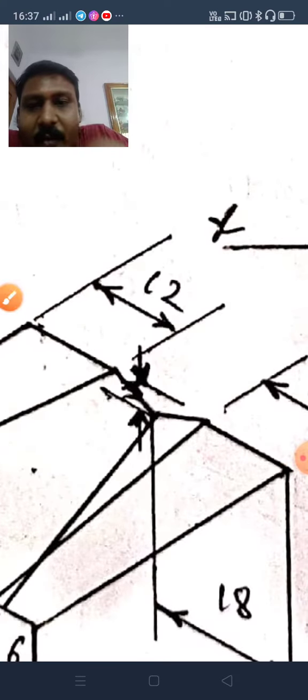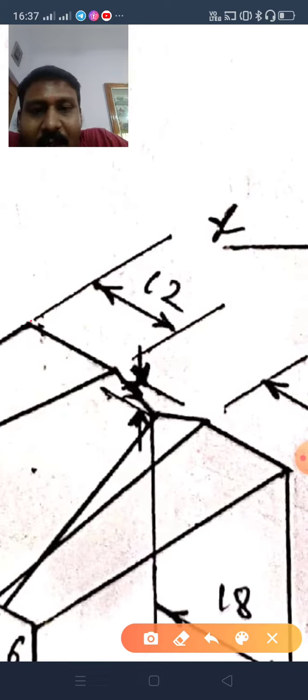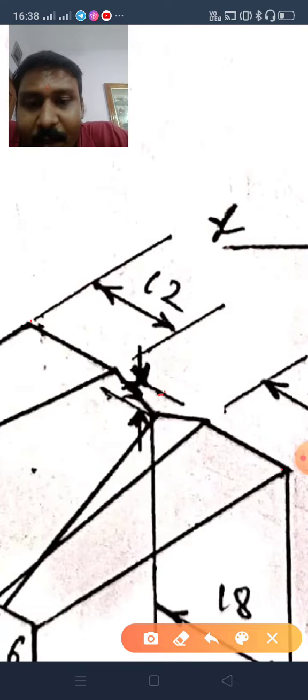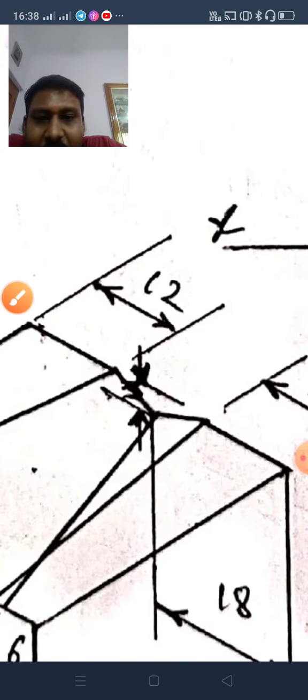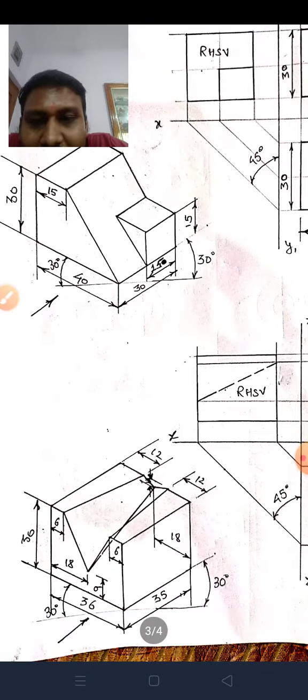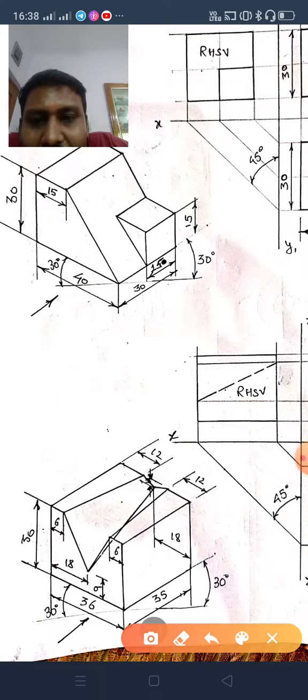Now what you have to do, see, I am zooming it. From here what you have to do, again this is total 36, take the center. From here take 3 mm vertically. What is the depth? Take a depth of 3 mm. So you will get this point. Once you get this point, join this point from here and here. Okay, now as you have joined this point, you have to join this point with this point.